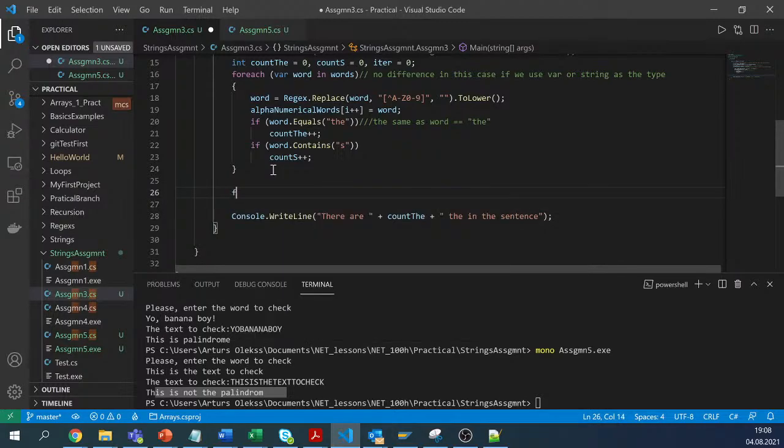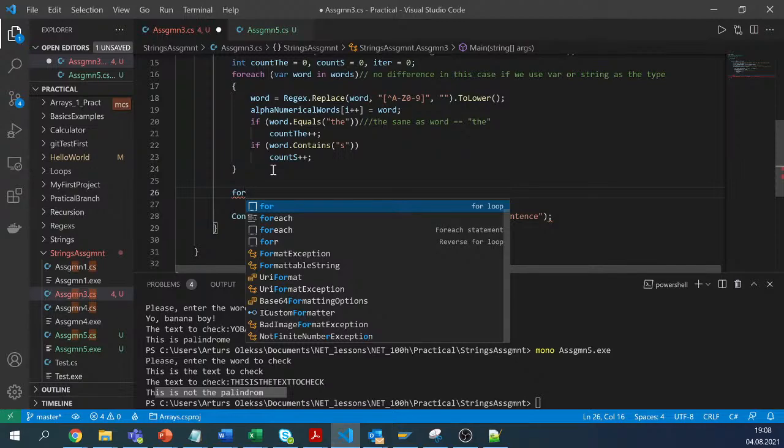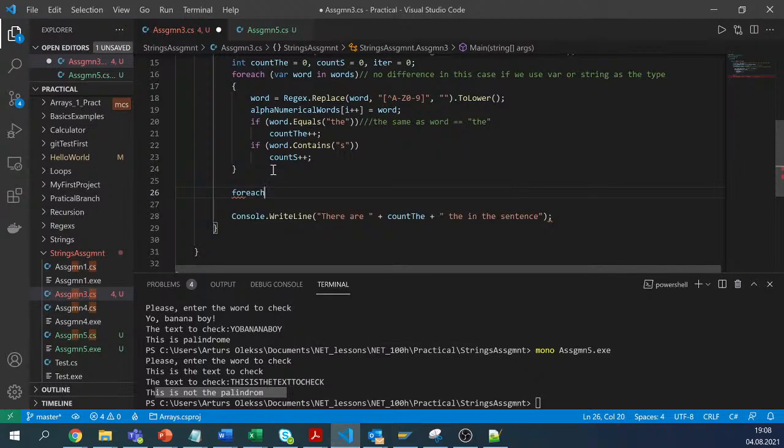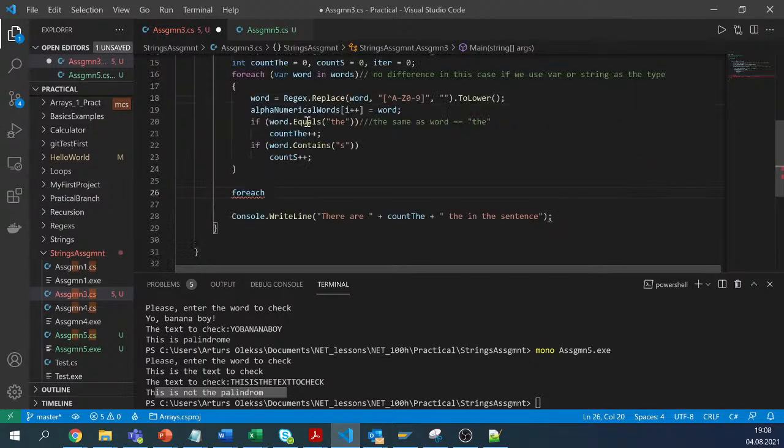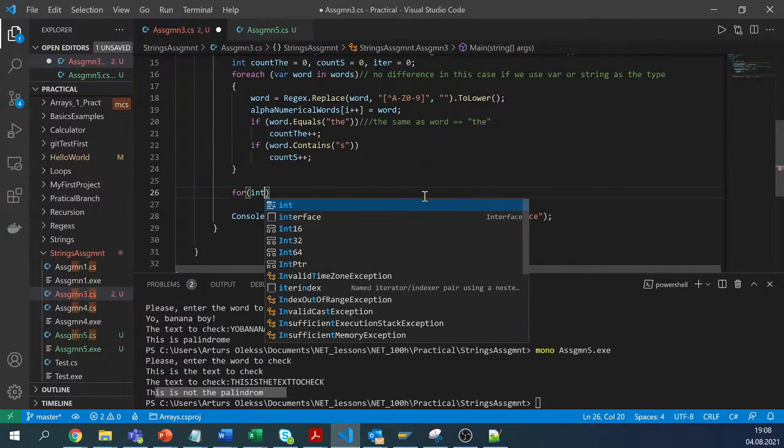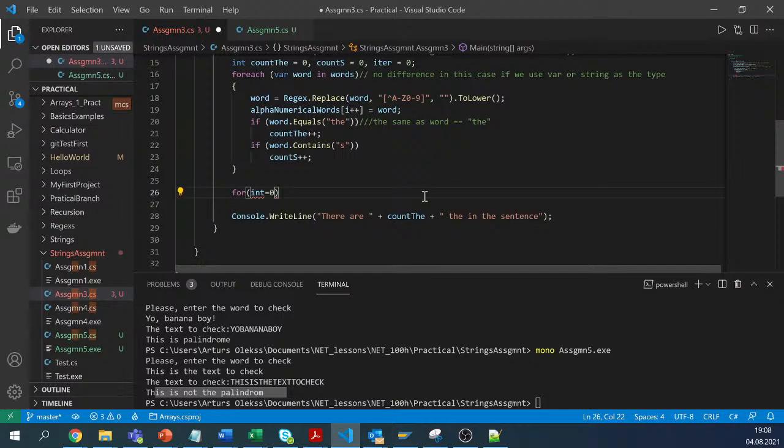So the separate loop is... yeah, the interesting thing is that, actually, I don't need to store them anywhere. Oh, no, hold on. No, I don't need to store them anywhere. Okay, so in this case I'll create the loop, and then the idea would be that this loop will have